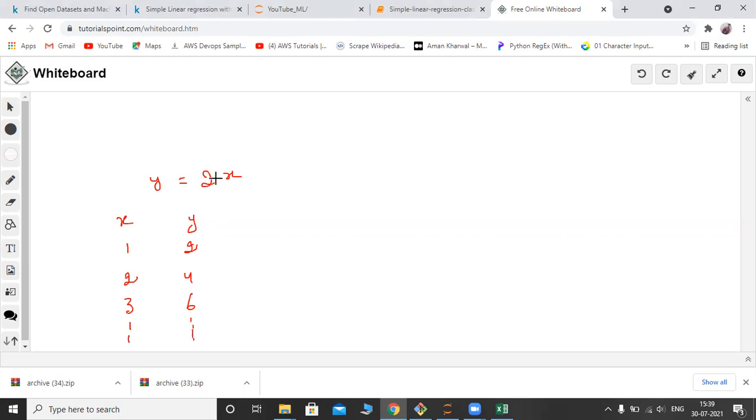As a math student, it will be very easy for you to find the y value if you know the x value. So this equation is generally written as y is equal to mx plus c, where m is the slope and c is the y-intercept.